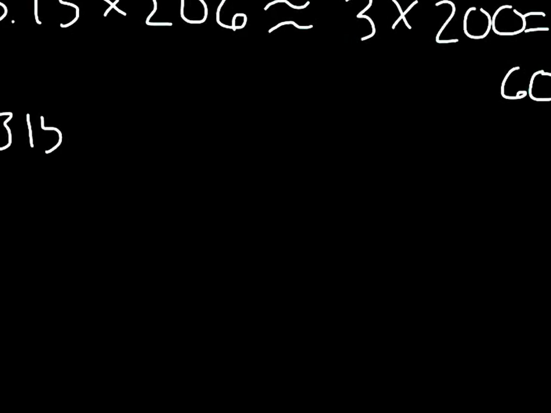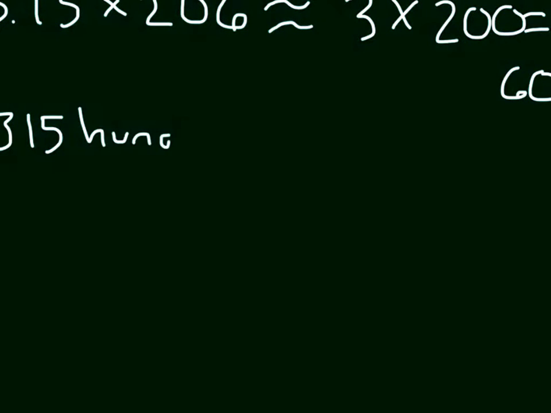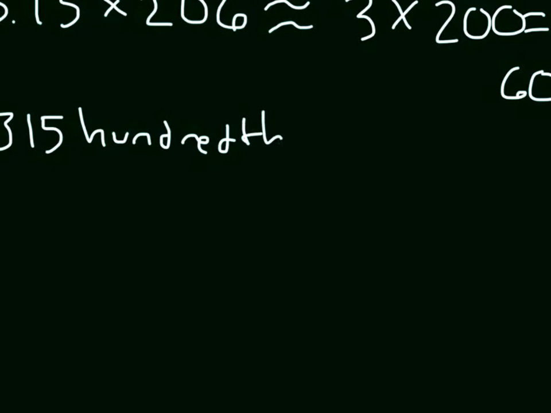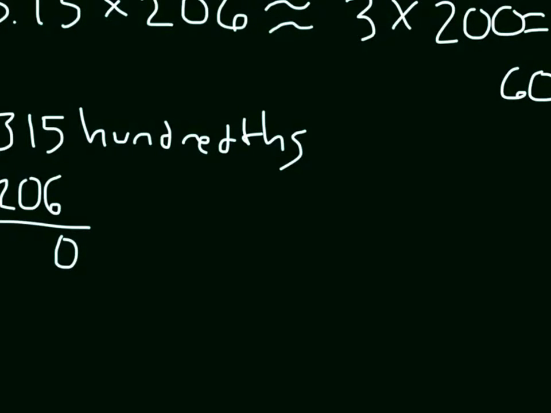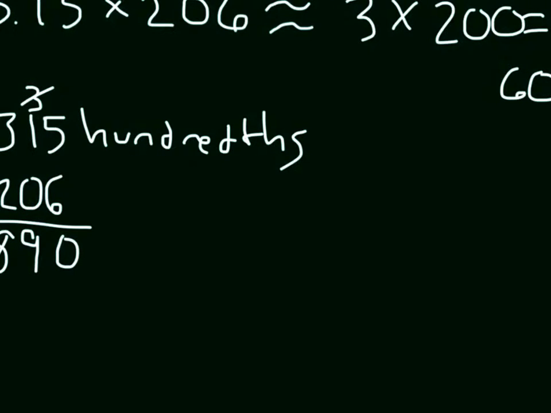For our exact answer, let's think about 315 hundredths times 206. We'll start with the 6 there. With that standard algorithm, 6 times 5 is 30. 0, regroup the 3. 6 times 1 is 6 plus 3 is 9. And 6 times 3 is 18. Cross out the 3. Next, I would work with this 0 right here, except when we multiply it, we of course would get 0,